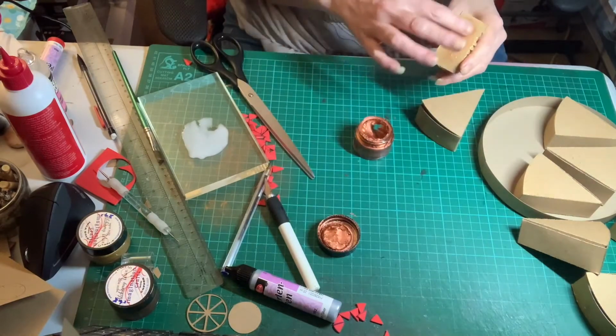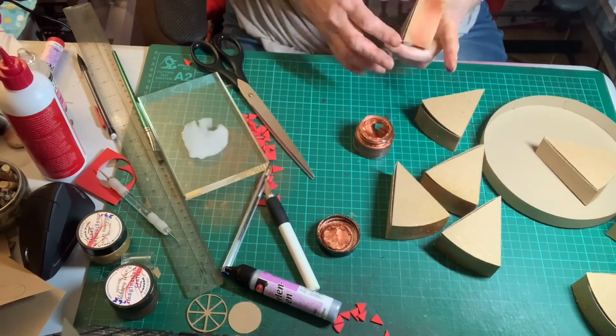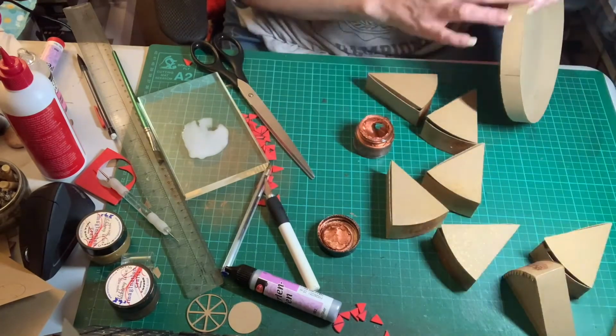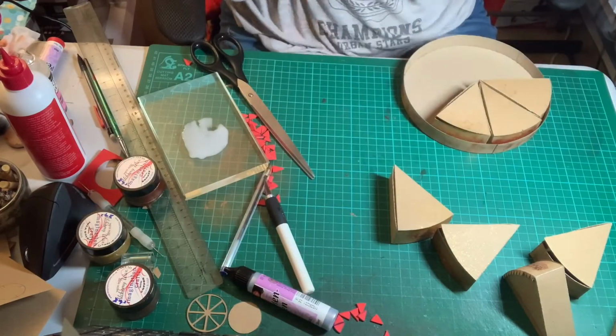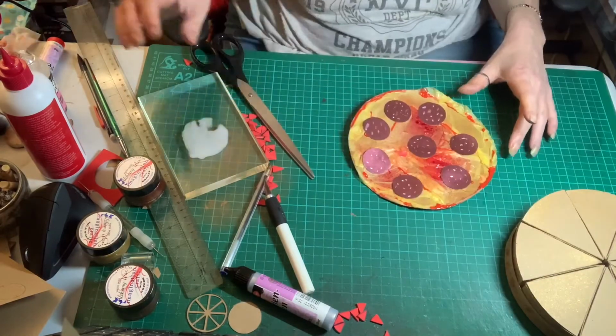And now I'm just going back over using the same products that I used before, the waxes, the inks, the distressing inks, just going around all the sides of the pizza just to give it that sort of cooked pizza look. I've also done the tray so that it doesn't stand out quite so much, but again, how you decorate it, as I've said before, is completely up to you. Pop in all your pizzas,